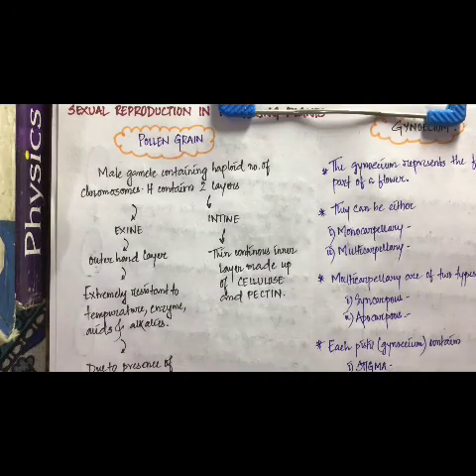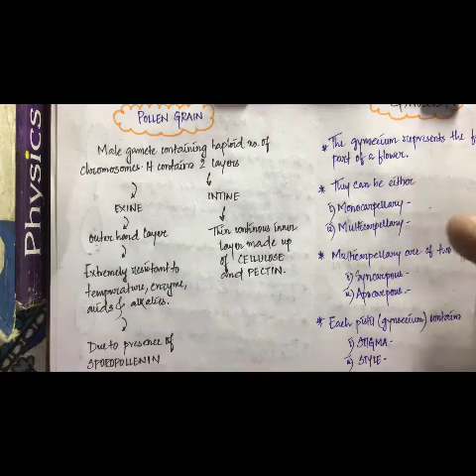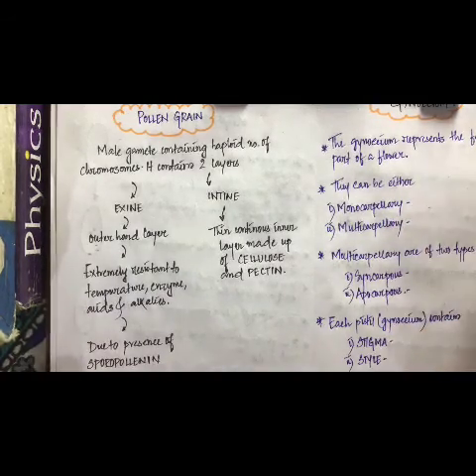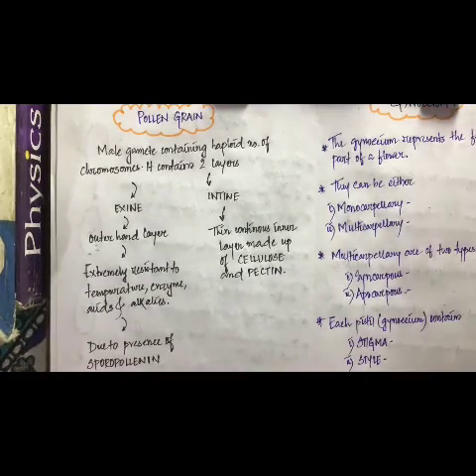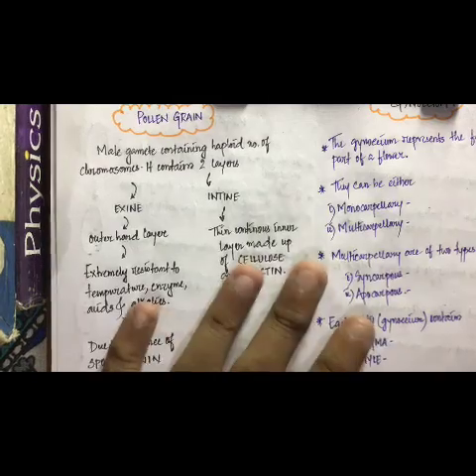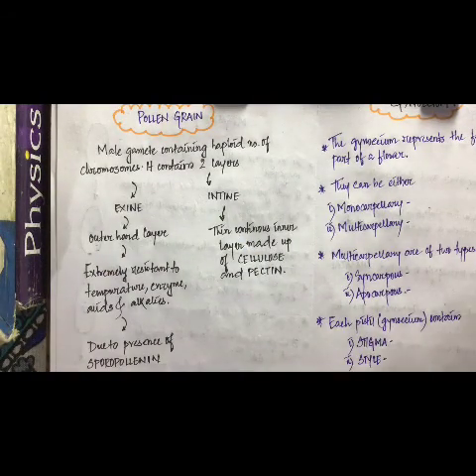Now what is this pollen grain? It is a male gamete containing a haploid number of chromosomes. I guess this term is clear to all of you because we have discussed it in the first chapter, and you already know that gametes are always haploid. That means it contains only one set of chromosomes. For those who have tuned in to their studies from this particular video, I'll recommend you go to those videos and at least look at them once, because those are the basic things in the first chapter, after which we are going to study these things.